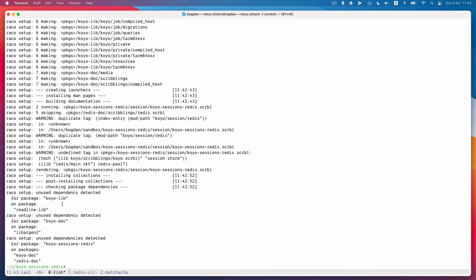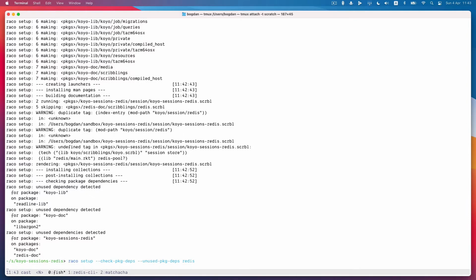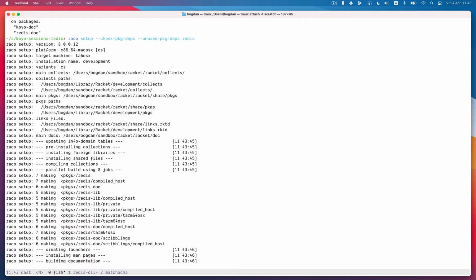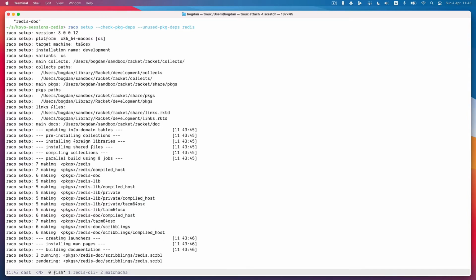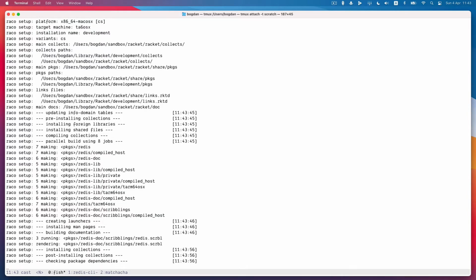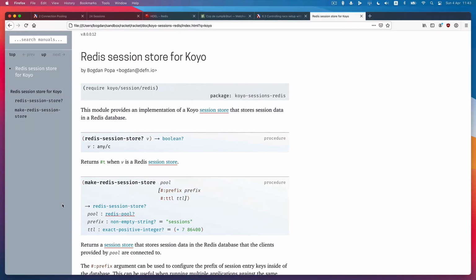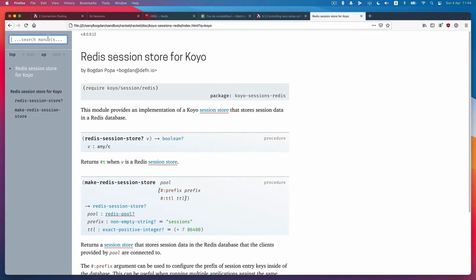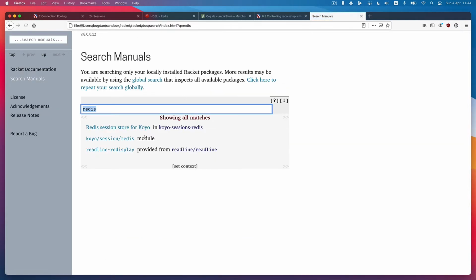I don't understand. Let's see. Maybe it's just that I messed it up before, and now it's... Let's see what this does, if anything. Okay, yeah, so the Redis docs are now being rendered. But it doesn't seem to notice the dependency here. But now if I search for Redis,